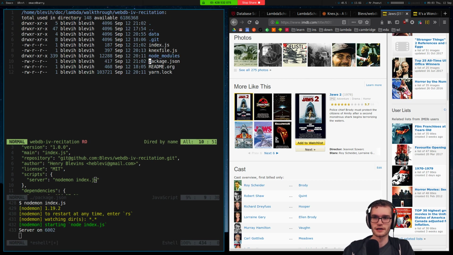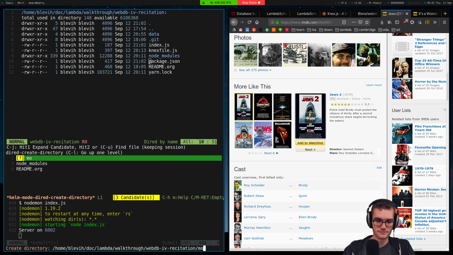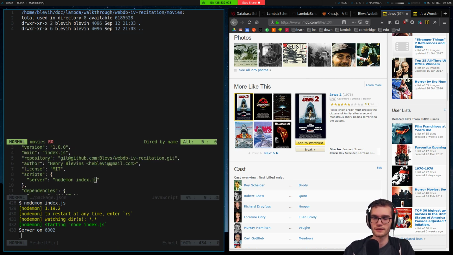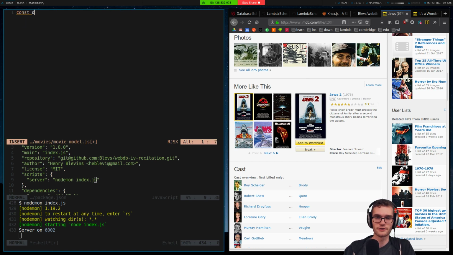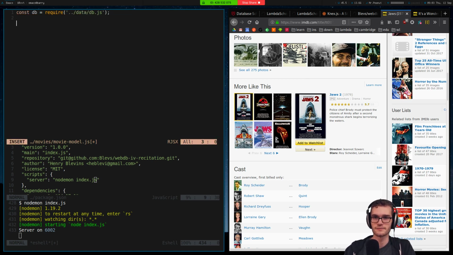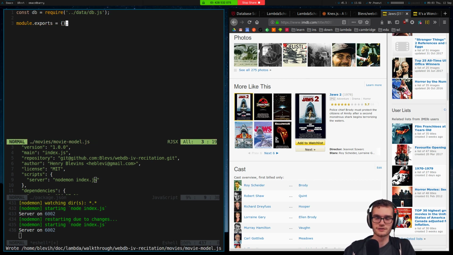So then let's go ahead and start defining our models. So we're going to start out with movies first. That's what I feel like doing. So we're going to create in here a movie model file. And we're going to require our database connection that we already set up, which is going to be up a level, down into data, and in our db.js. And then I'm going to do module.exports. You can put this at the end. I've been putting it at the top to try to force me to remember, but I'm going to have it at the bottom. And we're going to define our get,